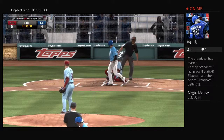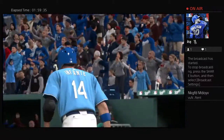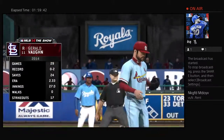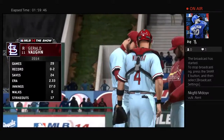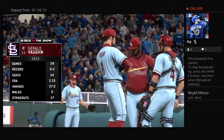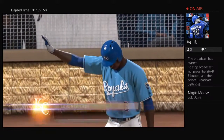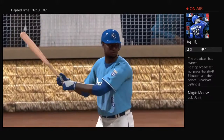And he misses ball 4. So he comes out of the bullpen and immediately walks the first man he faces. Gerald Vaughn will be summoned much earlier than he anticipated as he'll try and preserve this one by pitching 2 full innings. Number 11, Gerald Vaughn. Lorenzo Cain will be his first test out of the bullpen, and it'll be a tough test indeed